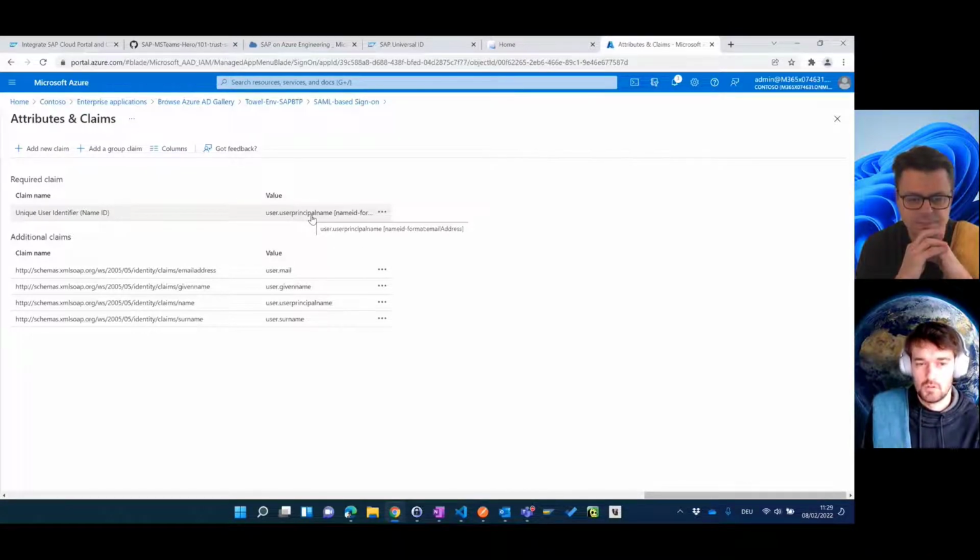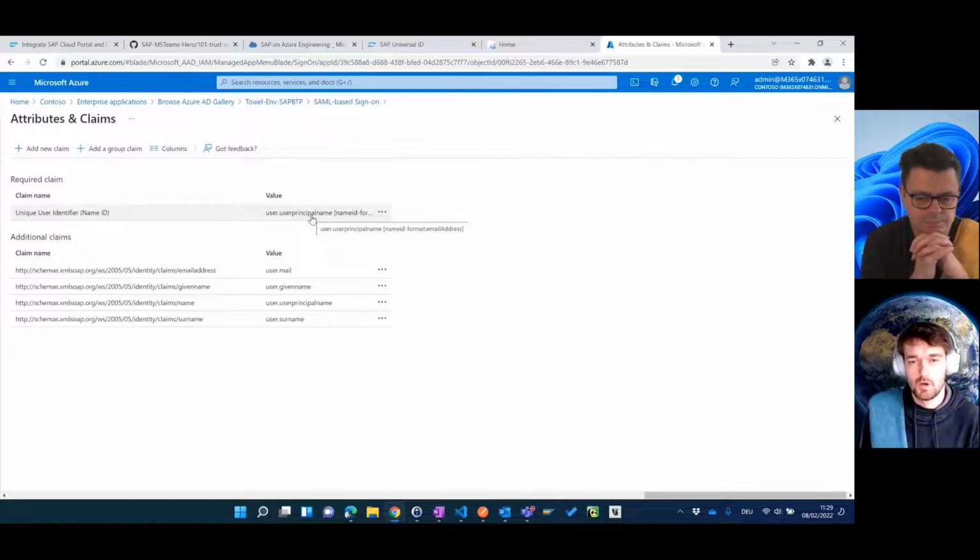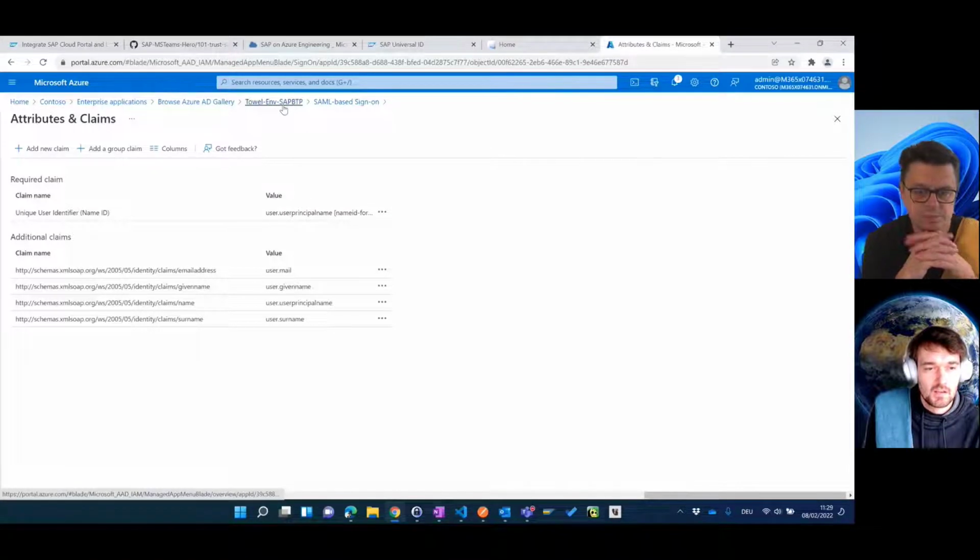And we're now making the assumption that we are dealing with people. Yeah, so that's why UPN. So for this case, it's a good idea. If higher abstractions are required, you could also think about other means. Yeah, but for BTP, we need email addresses. Yeah, because BTP Cloud Foundry requires email addresses. Yeah. Okay, so then we leave this as is,